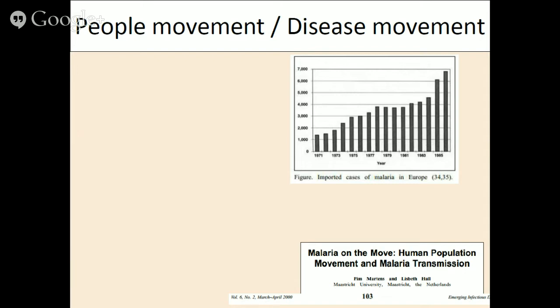So there are several examples of this situation from the most studied diseases, including malaria and rabies, from which we have several cases of imported rabies, for example, from people or from pets. And